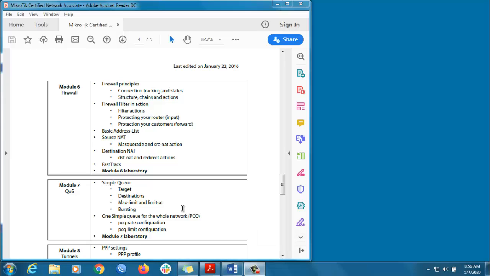Hello everyone, today we are going to talk about bandwidth management. We can manage our bandwidth using queue. Let's see